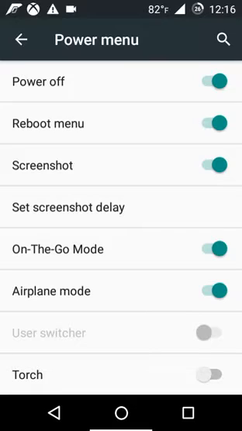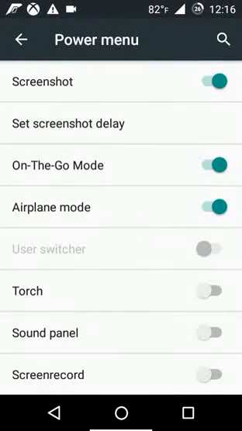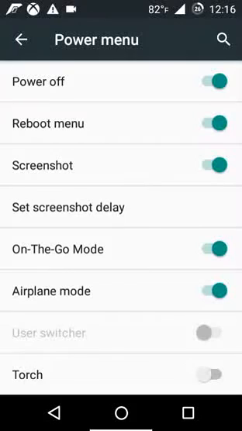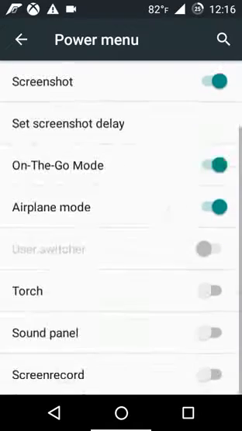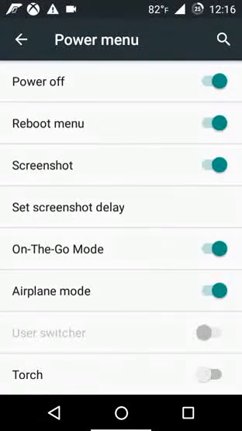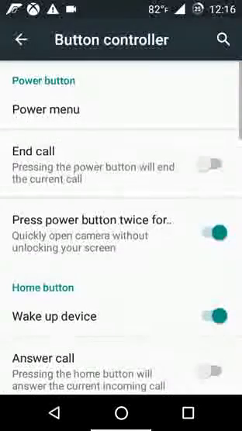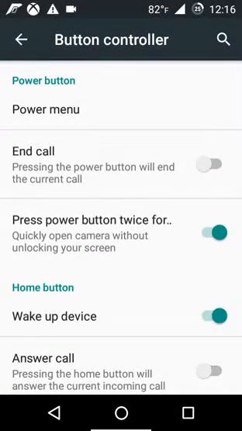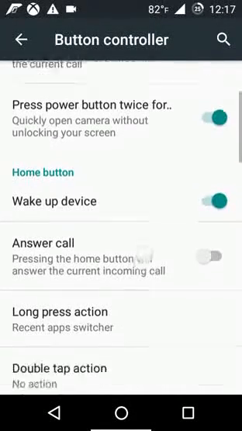So I have already said that power menu customization, especially the on the go mode and maybe the torch option, is absent in most of the AOSP based ROMs that I have come across. Maybe I would exclude AOSiP, but Dirty Unicorns definitely does not have this many customizations, but still it's a great ROM too. Then we have got the end call feature, press power button twice to launch the camera,